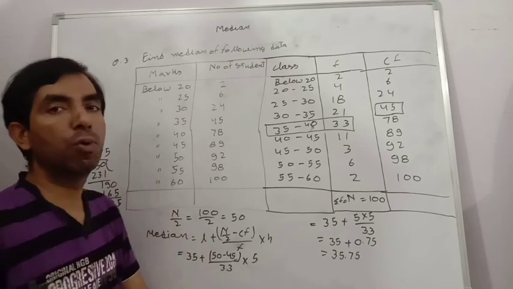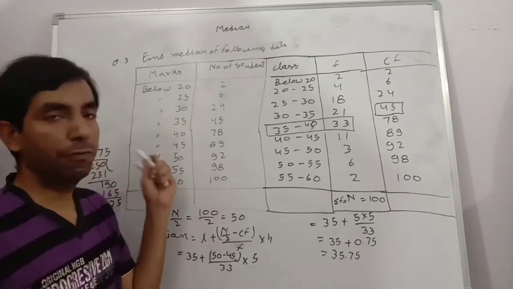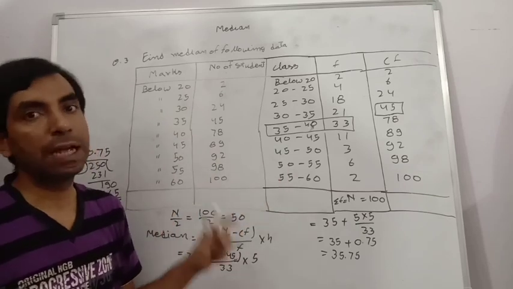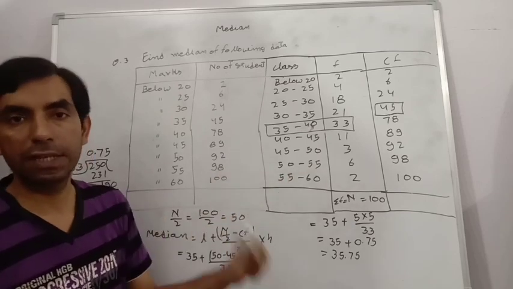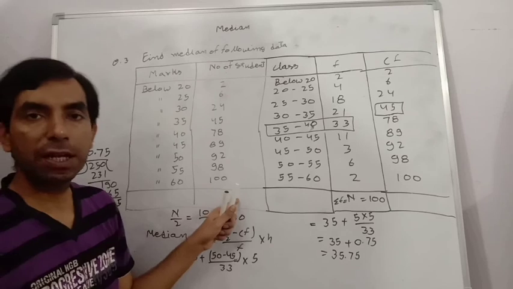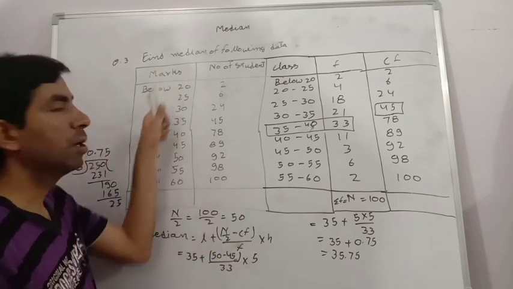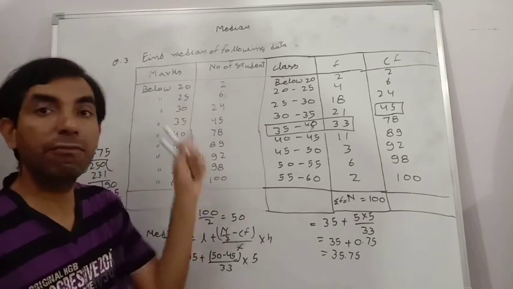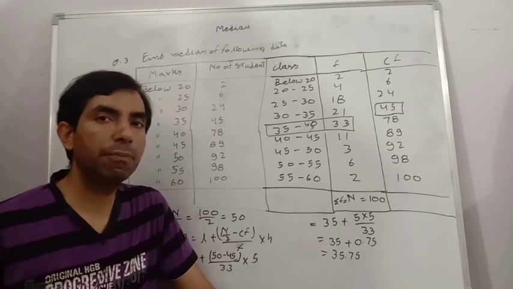By this method, we can calculate the median of any grouped frequency distribution table if it is given in below, more than, or less than type. First, always find the class interval, because for the median we need the class interval and frequency. Then we can find the CF. Sometimes CF is given in our questions, but do not take any tension. If below and more than are given, first change to class interval and write the frequency. Then we find the cumulative frequency. By this method, we can easily calculate the median.